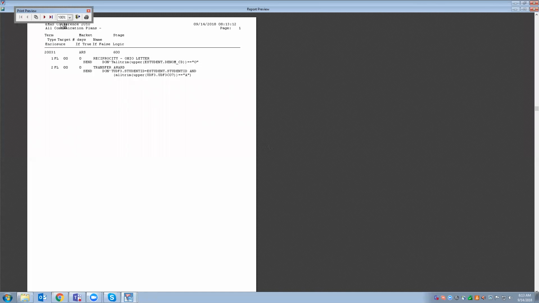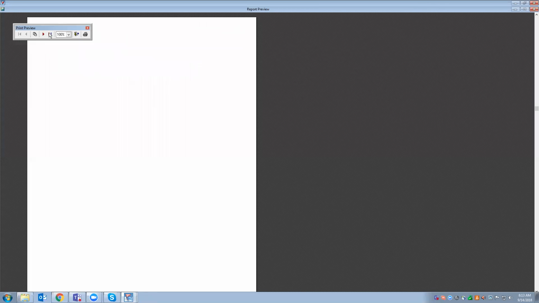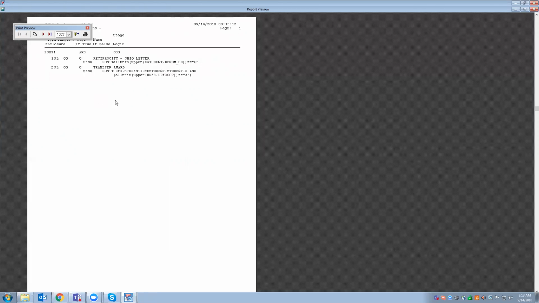For me, I think I have 98 pages. This is obviously our test instance, so we have a few standard plans in here. But this is the best way for you to see which plans are active.